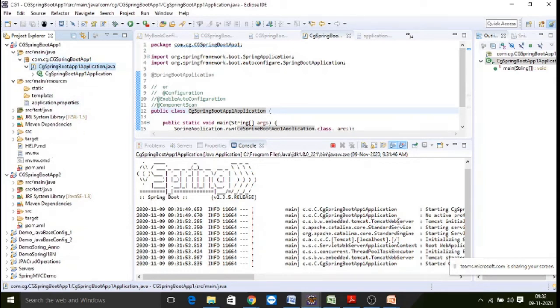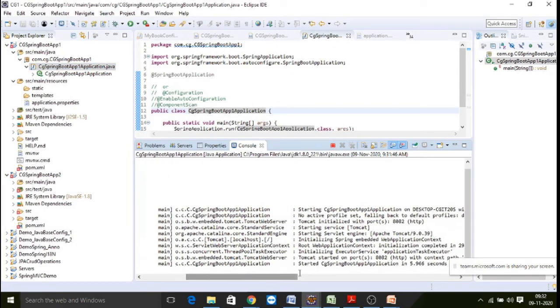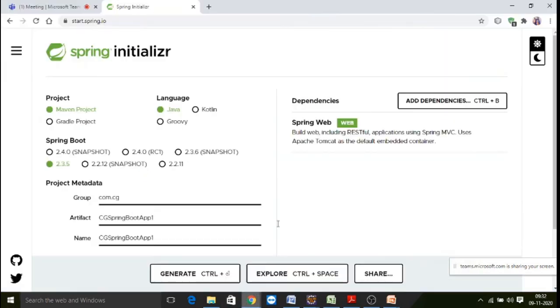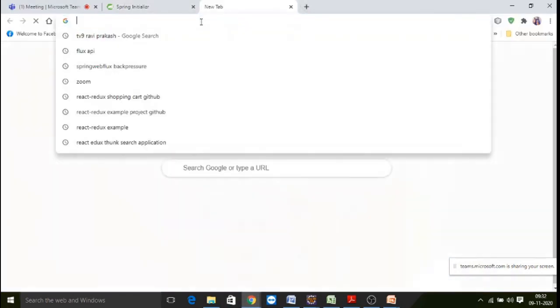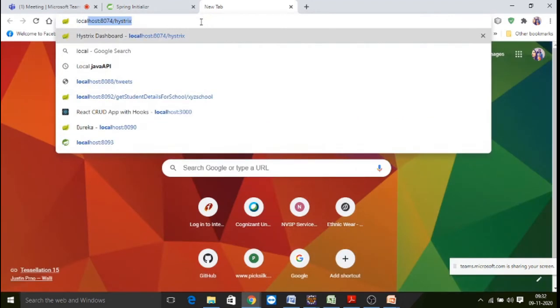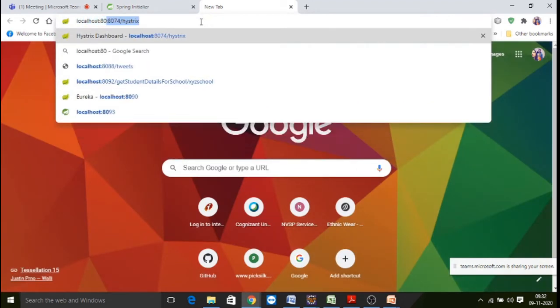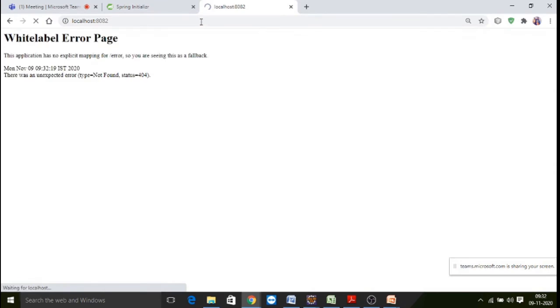But embedded Tomcat is going to start your application, and you can see it is started on port 8082. Now if you go here and check localhost 8082, as we have not created anything in our project, we can't see anything.